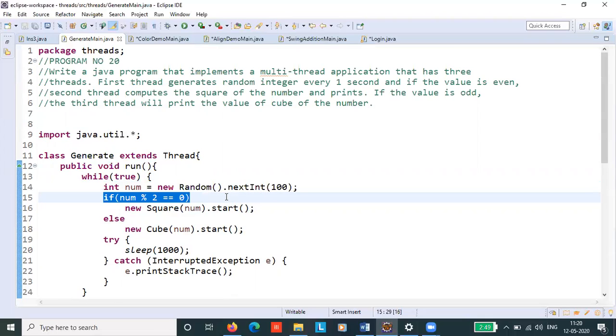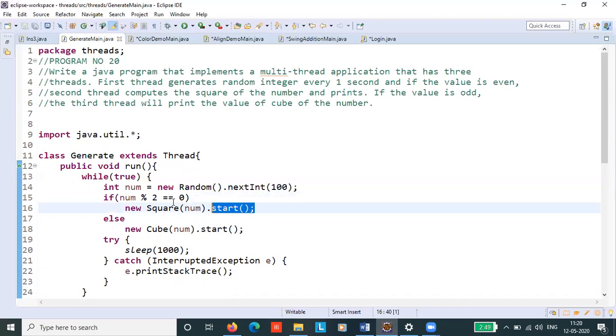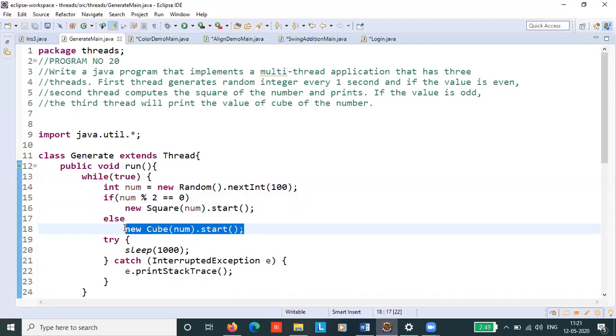If num mod 2 equals 0, that is, if it is even, then we have to start the second thread, which will calculate the square of the number and print it. So if the number is even, the square thread has to be started, correct? Else the cube thread has to be started. It's a very simple logic.